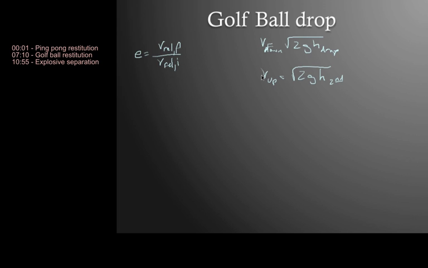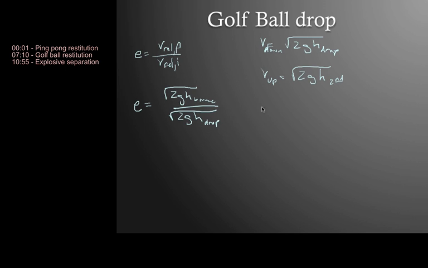So we have v down, v up. We have square root of 2gh for both of these. So we could go ahead and plug this into our coefficient of restitution, and so we're going to get square root of 2gh from the bounce all over square root of 2gh